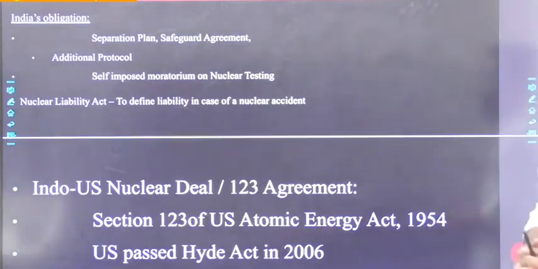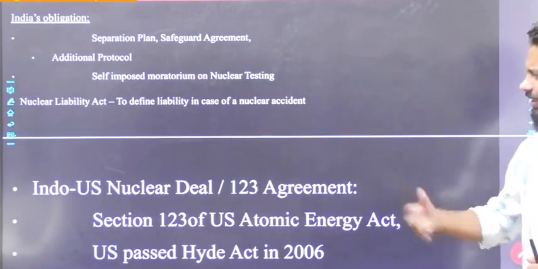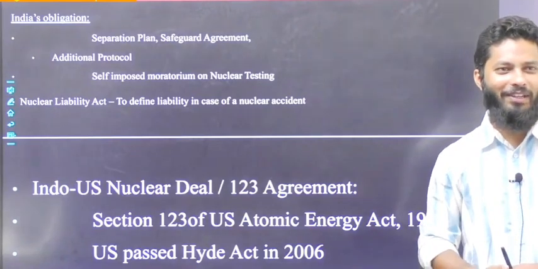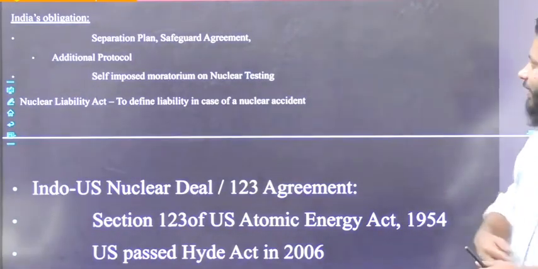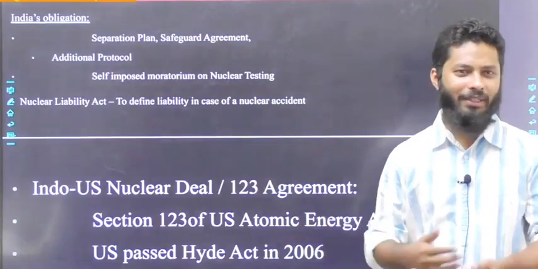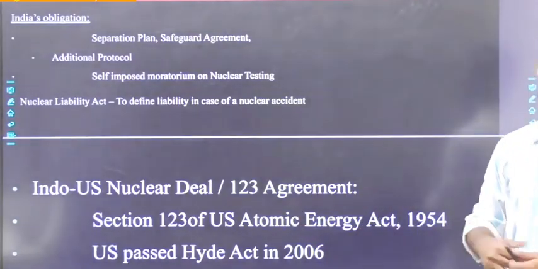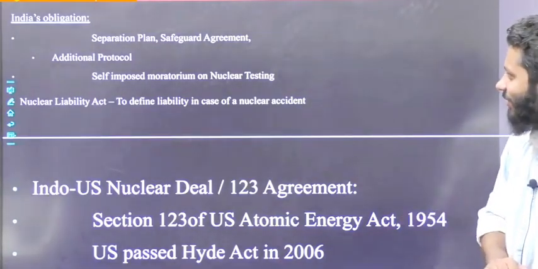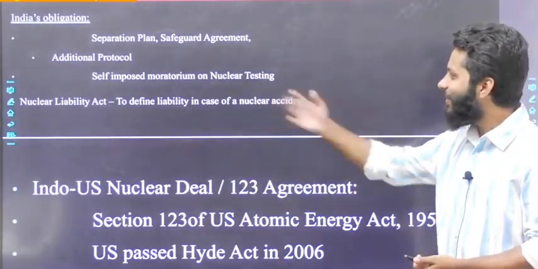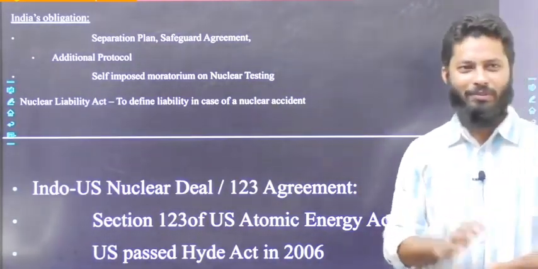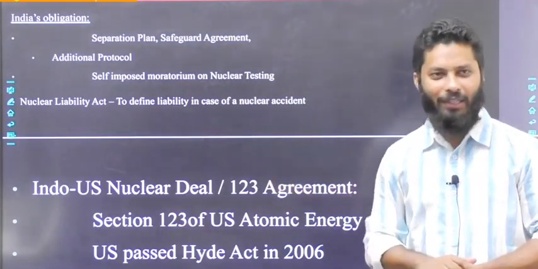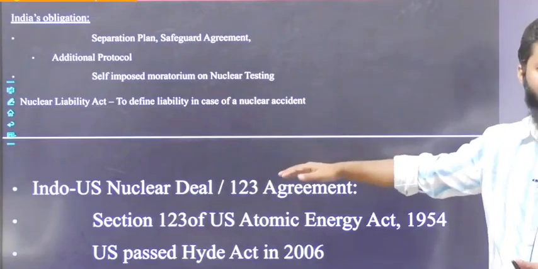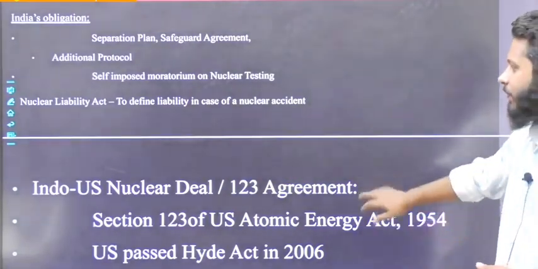वो ग्रेजुअल करना था लेकिन हमने अनाउंस कर दिया, क्योंकि हमें तो पता है कि कहाँ पर न्यूक्लियर है, कहाँ पर सिविल है, कहाँ पर वेपन प्रोग्राम है, तो हमने कर लिया। सेफगार्ड एग्रीमेंट मैंने आपको बता दिया, IAEA कैन विजिट और इन्वेस्टिगेट। एडिशनल प्रोटोकॉल मैंने आपको बता दिया है, वो हमने साइन किया है। फिर सेल्फ इम्पोज मोरेटोरियम है, वो मैंने आपको समझा दिया। न्यूक्लियर लाइबिलिटी एक्ट मैंने आपको बता दिया है, 2010 में हमने पास किया है, और उसके प्रोविजंस अभी हमने नहीं पढ़े हैं, अभी हम आगे पढ़ेंगे, ठीक है, बाद में।